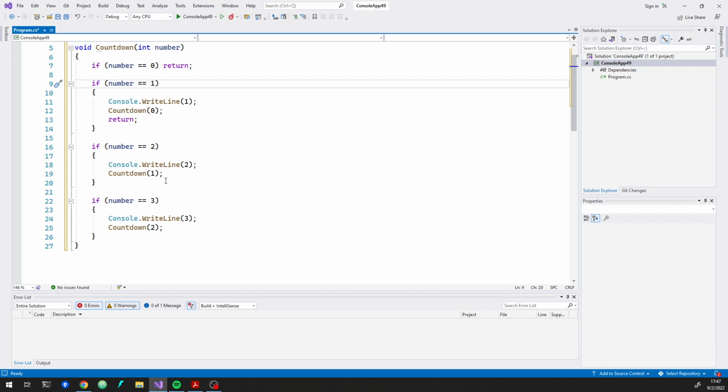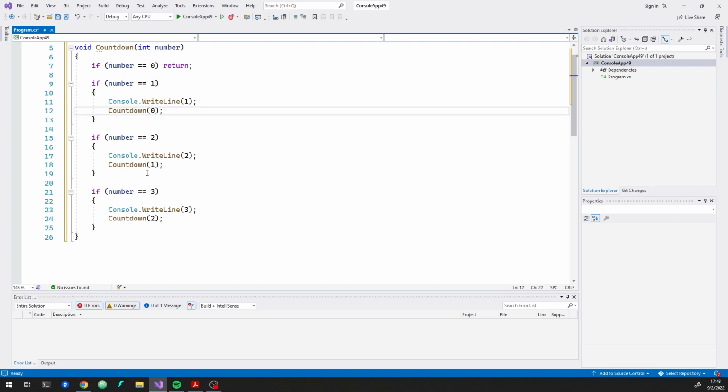Whenever we're doing this, we display the current number, and then we just call countdown again with the next number down from us. So like all of these, well, I could actually get rid of that at this point. All of these fit the same pattern, and all of them are